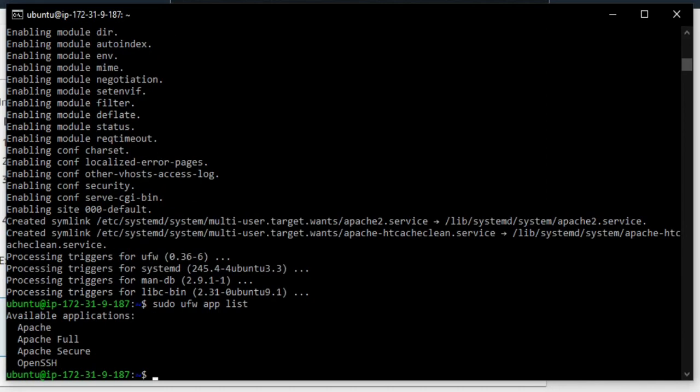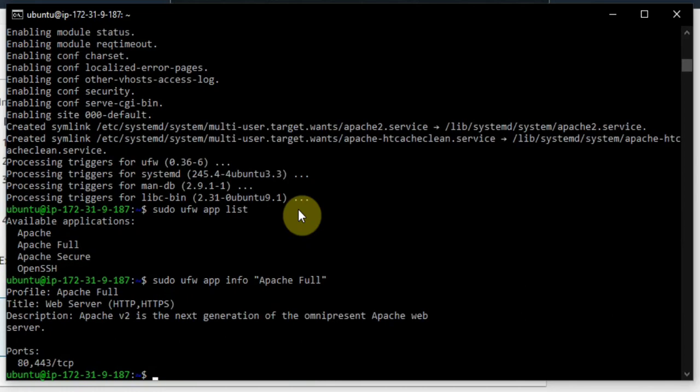Okay, here we will use Apache Full, right? You can see here it will enable both HTTP and HTTPS, port 80 and 443.